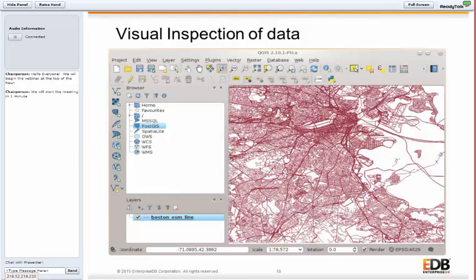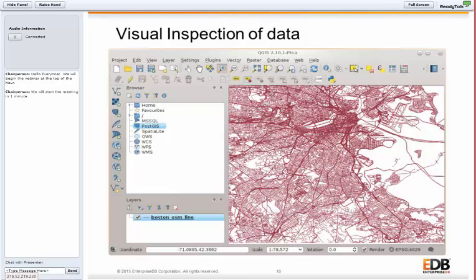Yes, so when you need to do a visual inspection, there are a lot of different ways to do this. You can use WebGIS. OpenGeo has options. You have GeoServer, MapServer, OpenLayers. Then there's also a lot of desktop GIS options. QGIS, uDig, OpenJUMP. This one here is just QGIS. Nothing crazy going on here. I simply added a PostGIS database connection and then added the OpenStreetMap lines as a layer.